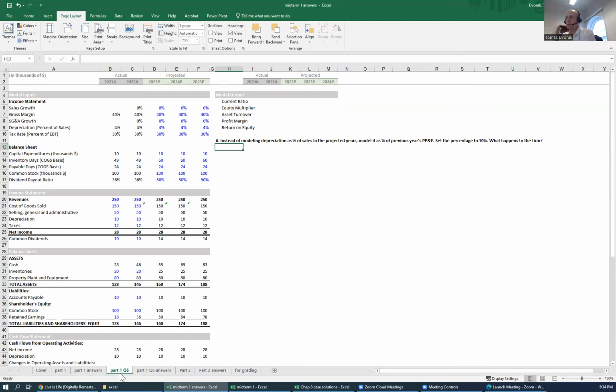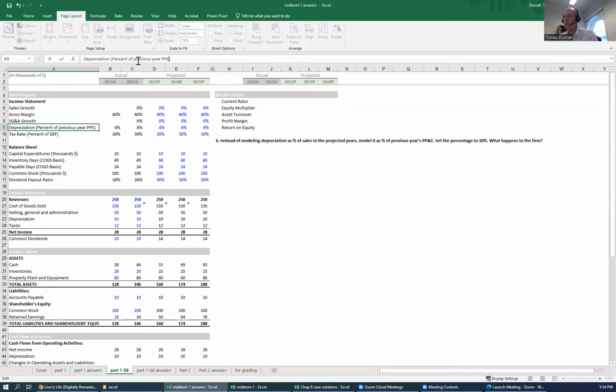Everything looks the same as before, but now instead of modeling depreciation as a percentage of sales in the projected years, model it as a percentage of previous year's PP&E. Set the percentage to 10%. So right now, depreciation is modeled as a percentage of sales, but we're going to model it as a percentage of previous year